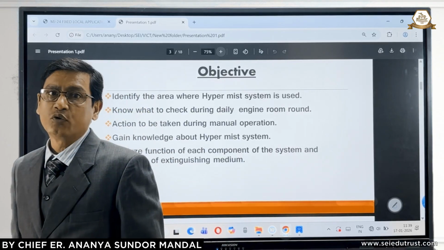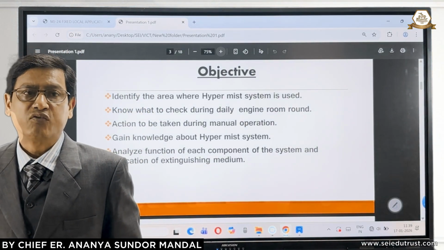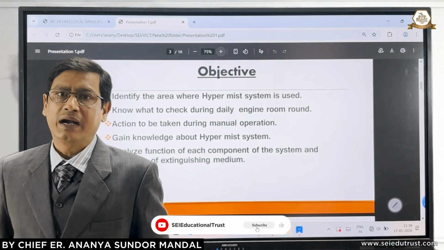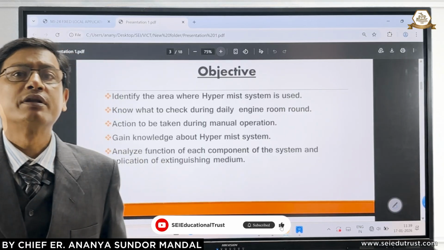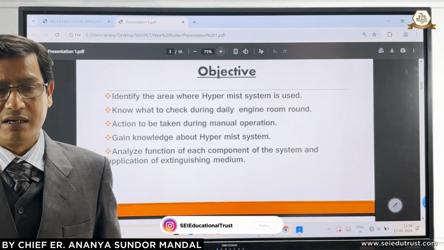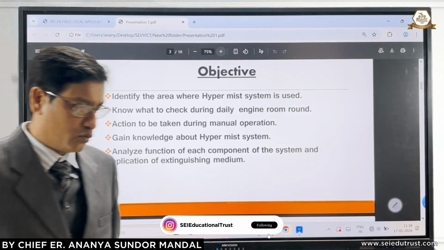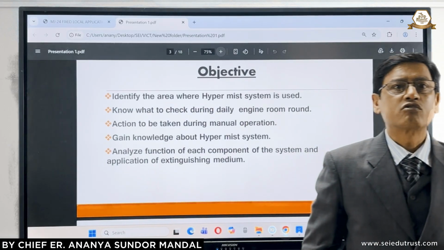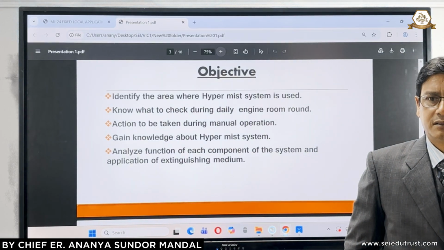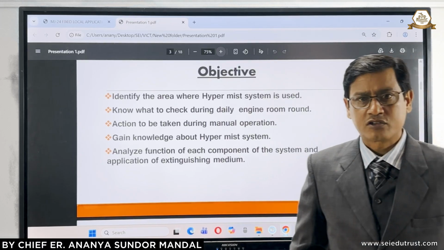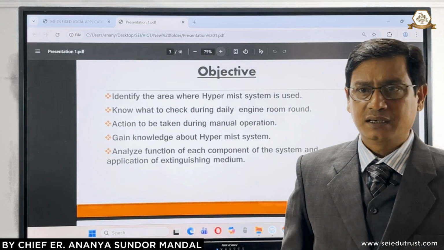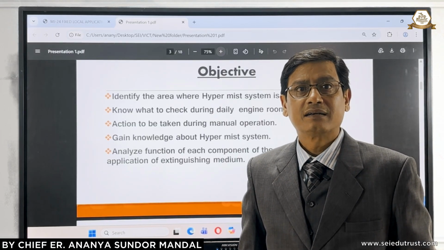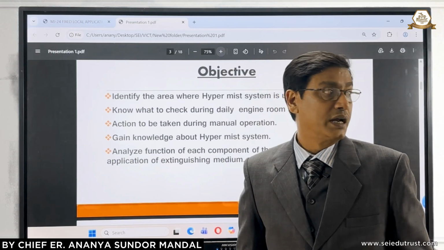In hypermist system, we are using water as a fire extinguishing media. And what type of fire are we extinguishing? We are extinguishing mostly oil fire. We know very well for oil fire we must not use water. Why must we not use water in case of oil fire? Because there is a chance of spreading fire if we are using water